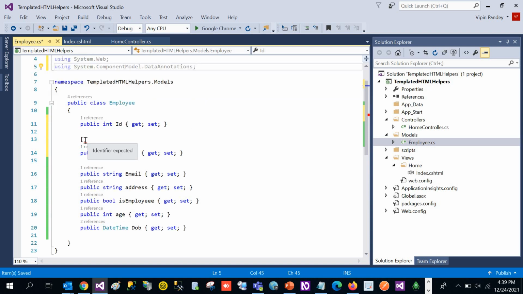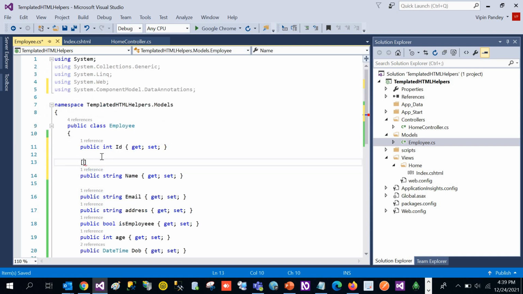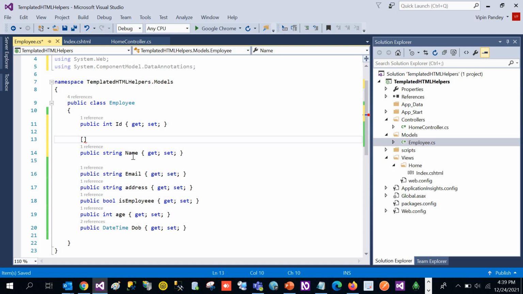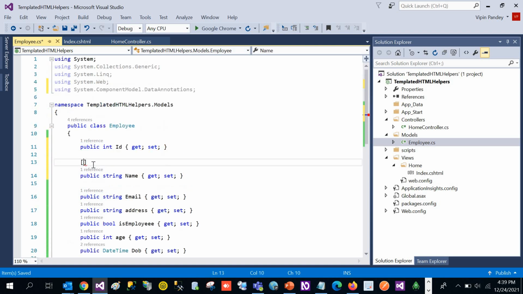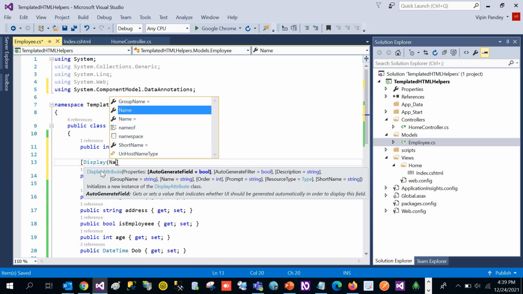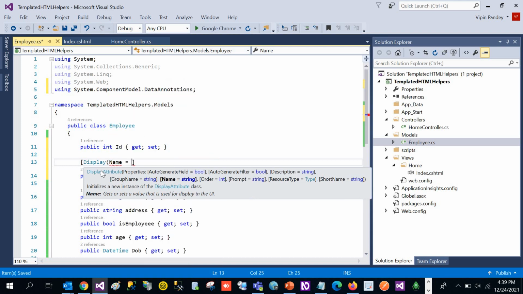So we will be discussing this in a lot of detail in the upcoming video, so no need to worry about that. But as of now, understand that when we want to display any meaningful title or name for any controls on the UI, we define attributes on top of each and every property. Like for this name property, we are defining, let's suppose, name,